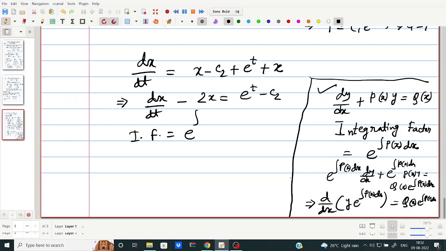So my equation becomes d/dt of, after multiplying with the integrating factor, we get an exact differential equation. So this is x times e to the power minus 2t equal to,